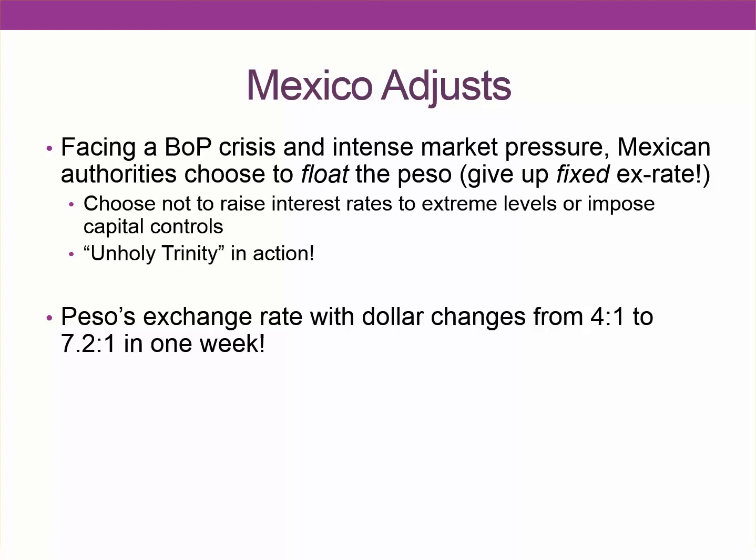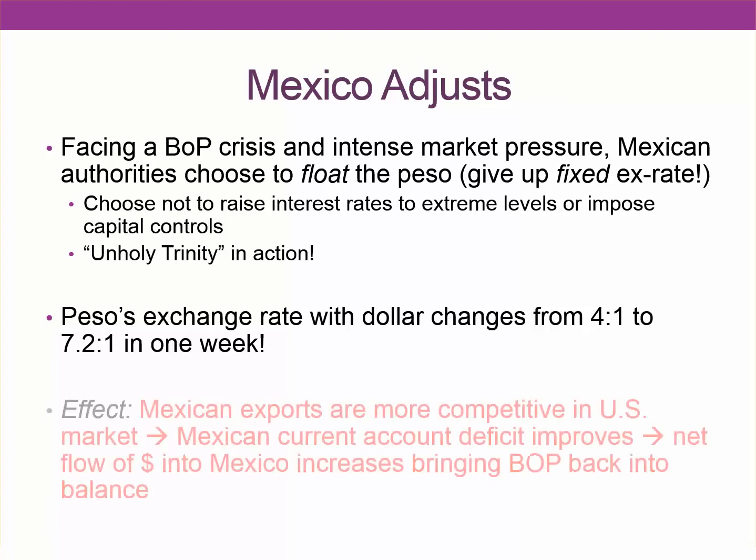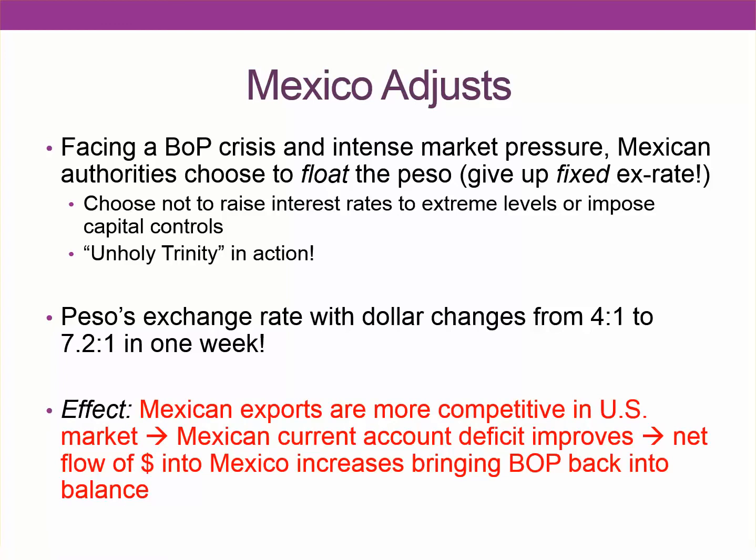These numbers are actually real numbers. The peso's exchange rate with the dollar changed from 4 to 1 to 7.2 to 1 in 1 week. And it almost was devalued by 100%, or excuse me, by 50%. The effect, though, was that Mexican exports the next year were more competitive. A weaker peso meant more competitive